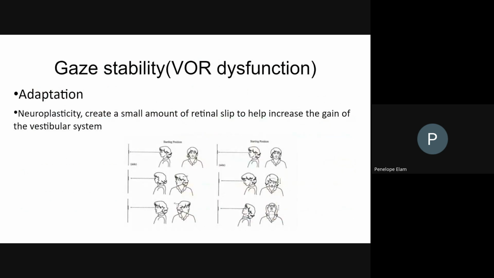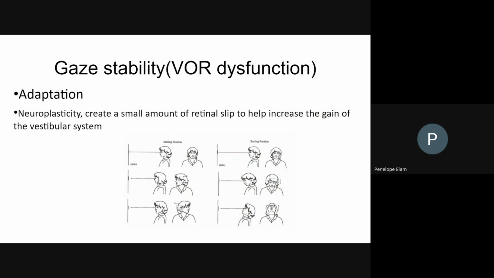As I mentioned, there are different types. The first one we're going to talk about is gaze stability exercises, and this is specifically looking at VOR dysfunction. One of the ways that we help to work on vestibular deficits is through adaptation. Basically, that is neuroplasticity, meaning that we create a small amount of retinal slip to help increase the gain of the vestibular system. So when we do our ×1 and ×2 viewing exercises, which we're going to teach you in lab today, we're trying to do them so that we create just a mild retinal slip. We're going to cause the image to either double or jump or blur or create their symptoms. We do it with just a little bit because that's what's going to help to eventually increase the gain of